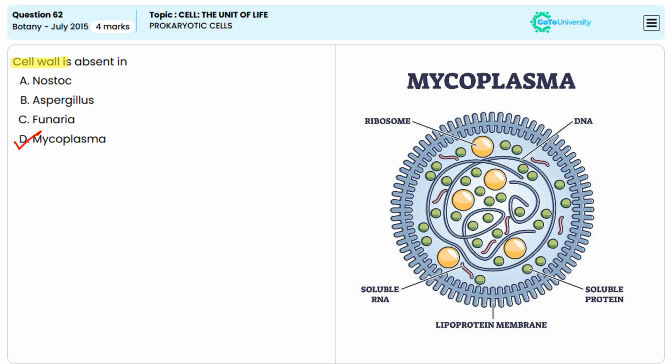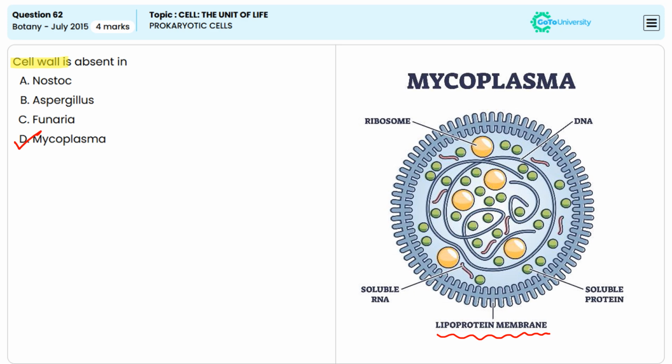Instead of a rigid structure provided by a cell wall, Mycoplasma species have a flexible membrane called the lipoprotein membrane, which gives them a unique ability to change shape. So, this lack of a cell wall makes them resistant to antibiotics like penicillin, which target the cell wall synthesis